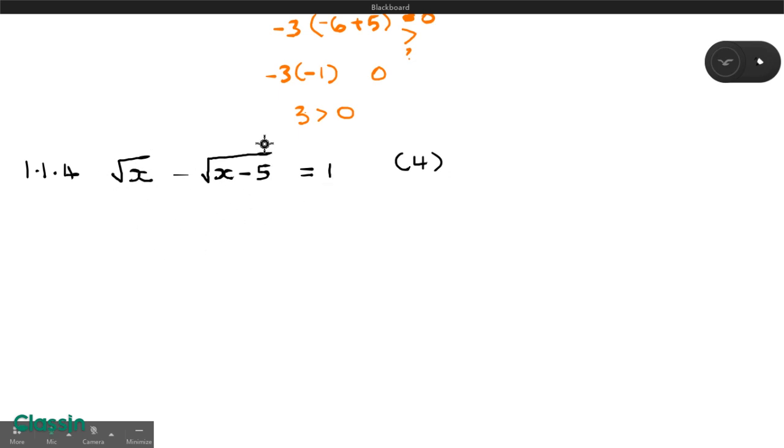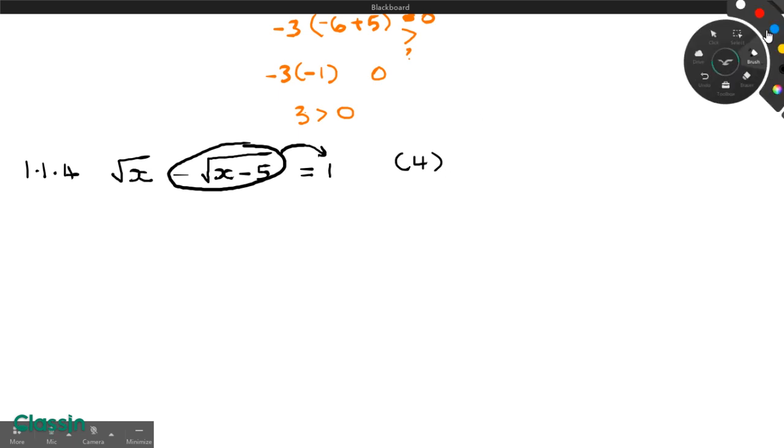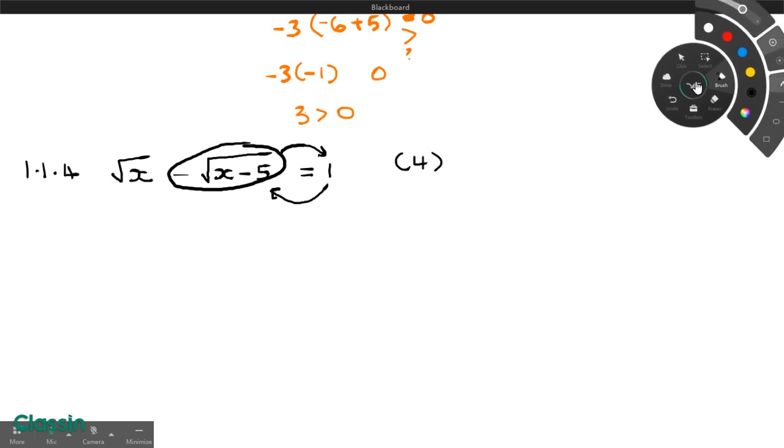So I'm going to take this part and bring it this side. And I'm going to take -1 and bring it this side so that I don't have to deal with the negative signs. So I've got root of x minus 1 is equal to